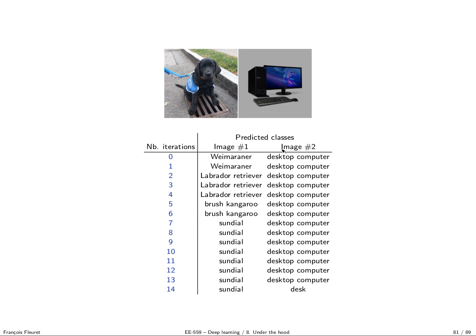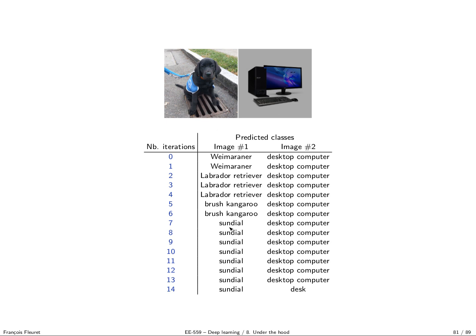So what we can do is to look at what is the predicted class through the gradient steps. At zeroth perturbation step, we have Weimaraner for this guy, which is a very Labrador-like dog, so it's absolutely correct. And this is classified as a desktop computer, which is correct. And when you go through the steps, you transition from this to Labrador Retriever, which is still okay, then Bruges Kangaroo, which is probably still kind of okay, and then you move to Sundial, which makes absolutely no sense, and which is probably triggered by those shapes, which look like shadows of a stick. That could probably be a pattern you see when you have a sundial.